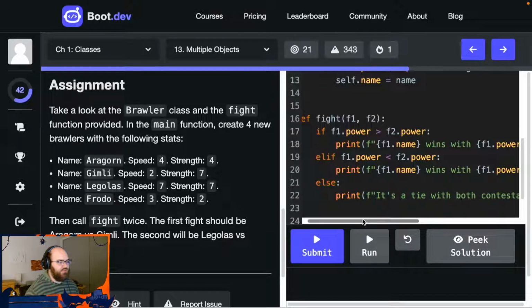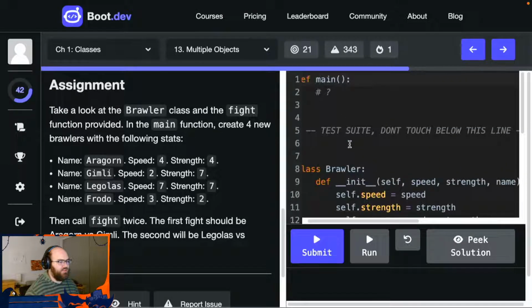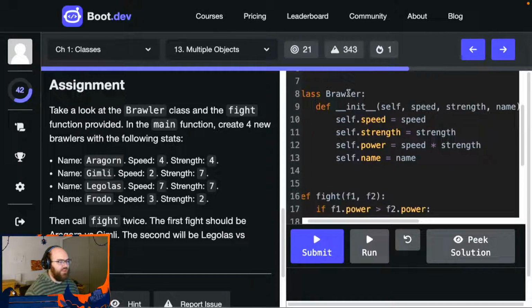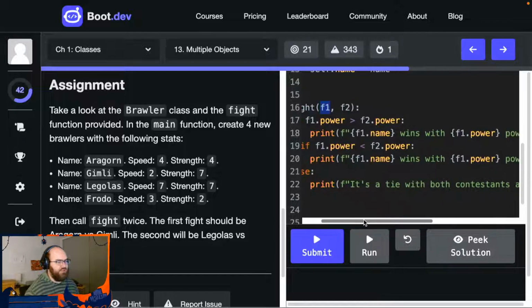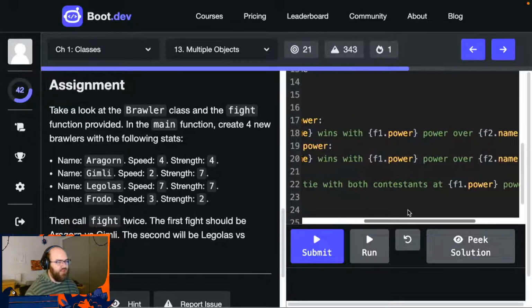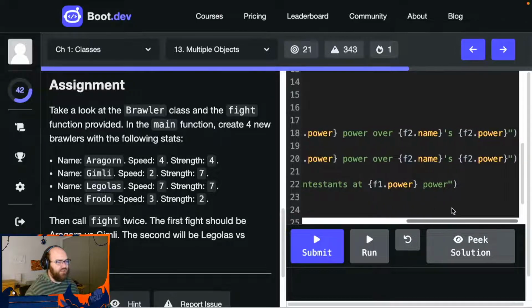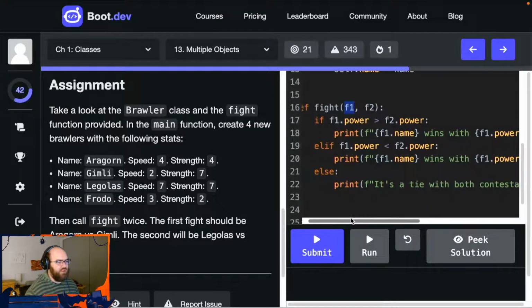In this fight of F1 and F2, I guess F is the variable we're using for a brawler. Oh, F for fighter. That makes sense. If F1.power is greater than F2.power, print F1.name wins with F1.power power over F2.name's F2.power. Else,